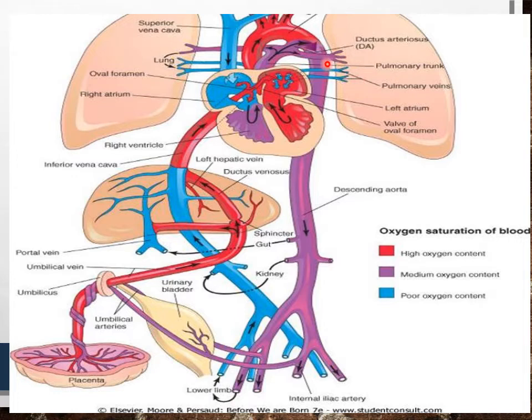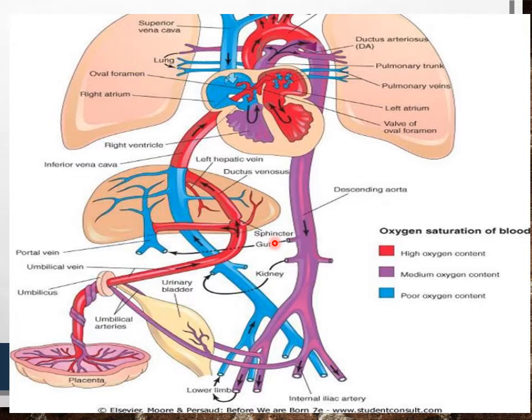In fetal life, the pulmonary resistance is very high, so the blood is directly shunted through the ductus arteriosus into the aorta. So this blood is again going to be shunted by the ductus arteriosus because of high resistance in the lungs. It enters into the descending aorta. Then again here it is transported towards the placenta for further oxygenation, as you have seen. So this is the fetal circulation.